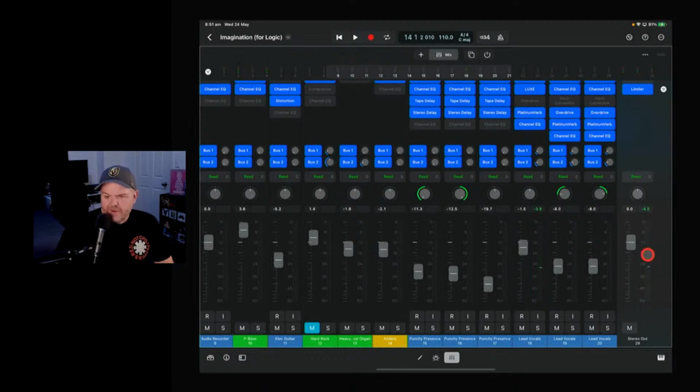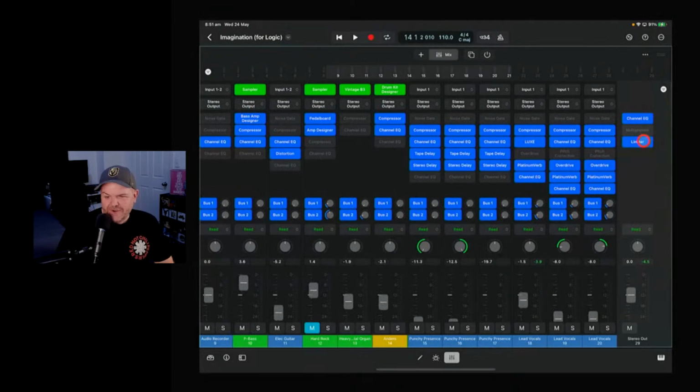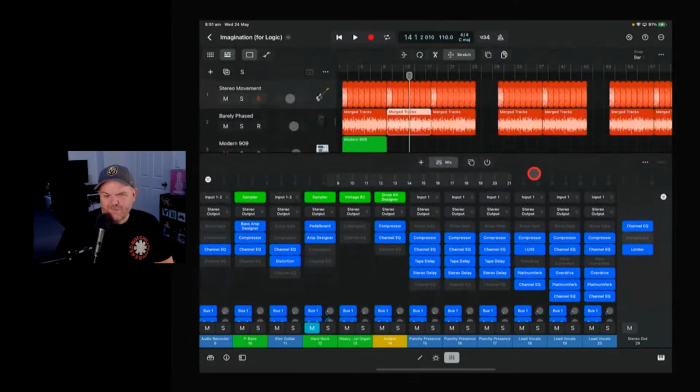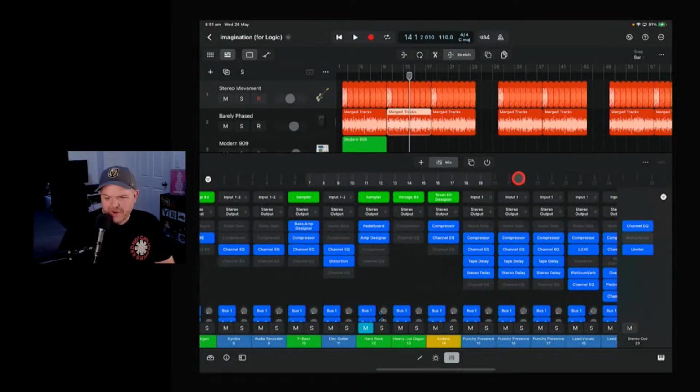And yes, your stereo out. This is the thing that everyone's going to be very happy about, I'm sure. You've got EQ and limiting on your stereo out. You've even got a multiprocessor there so that you can play around with your compression on your master fader, your master bus. Yes, it is finally here. So there's a lot that's in the mixer there. We've only just scratched the surface, obviously. We're not going to go into a lot of detail here.